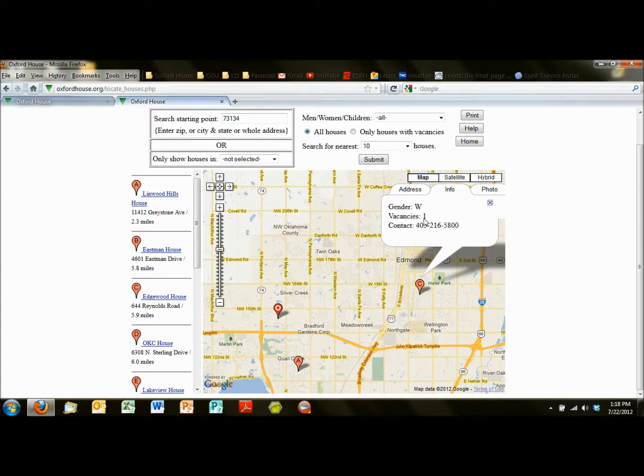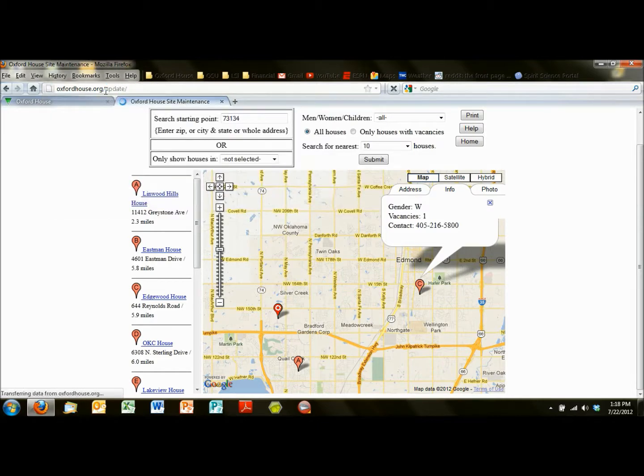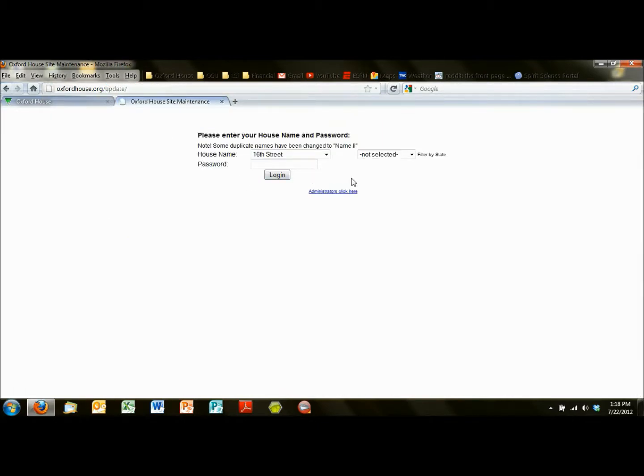How do we do that? Well, you go to the website oxfordhouse.org/update. This will bring you to the page where you log in. Now, hopefully your house has your password. If you have lost your password, or you don't know where it's at, or maybe you've never even gotten a password,